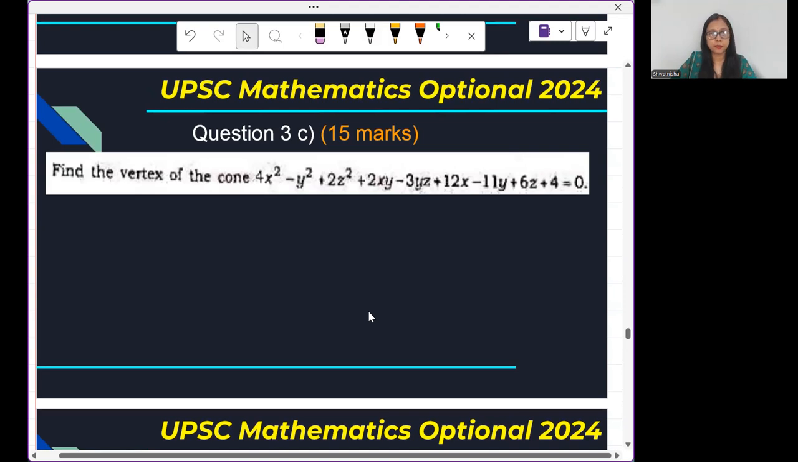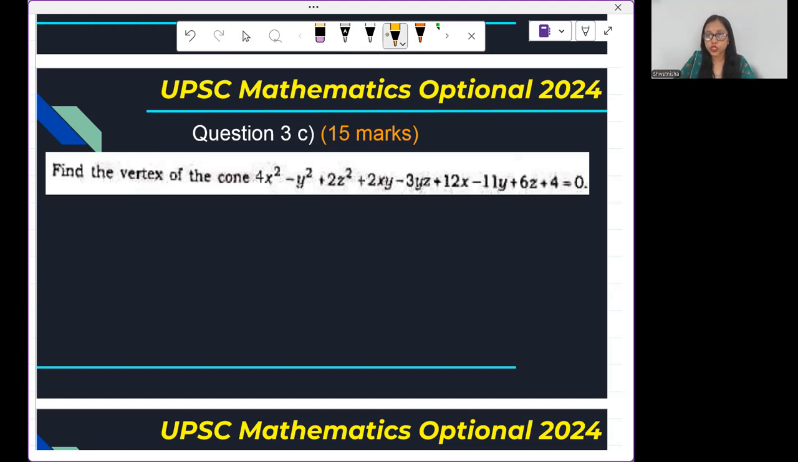Question number 3, C part, 15 marks. Find the vertex of the cone. Actually, this question has a simple working rule. You just follow those steps and you can get the vertex of the cone. In fact, this working rule also checks whether the given second degree equation is representing a cone or not. So I'll solve those steps here step by step. First is